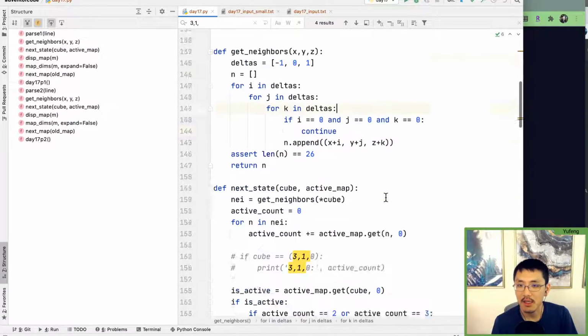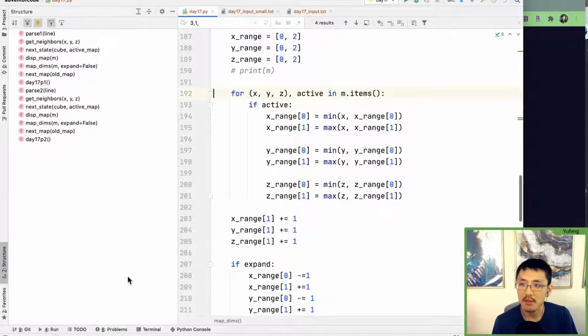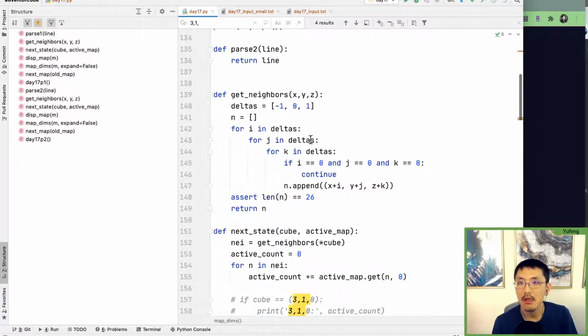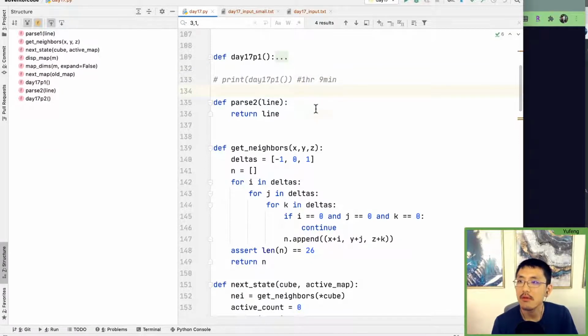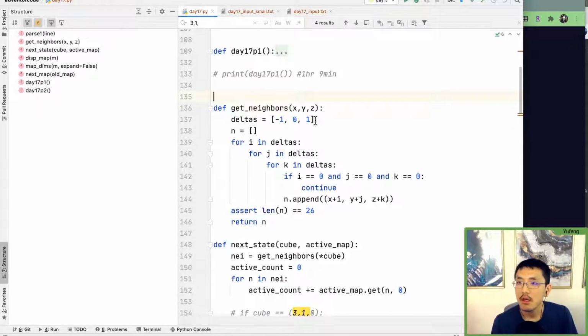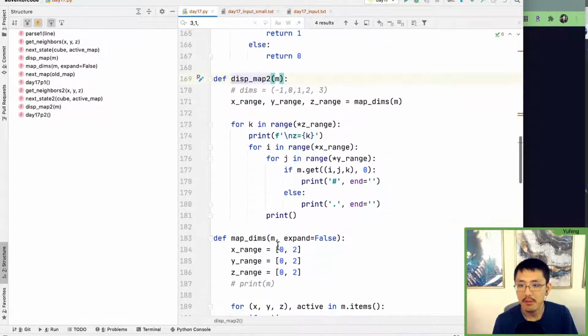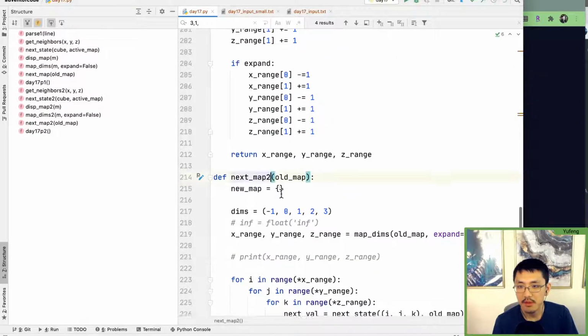So we'll keep the parse 1. I think that's still good. This still, okay, now we're starting to see where things break because I added that 4th element. Things won't unpack properly, etc., etc. Good. And I'll just drop the day 1 run command because I don't need it. And I can drop parse line as well. All right, so let's call this, just put a 2 after everything. All right, so next state 2, display map 2, mapdims 2, next map 2,